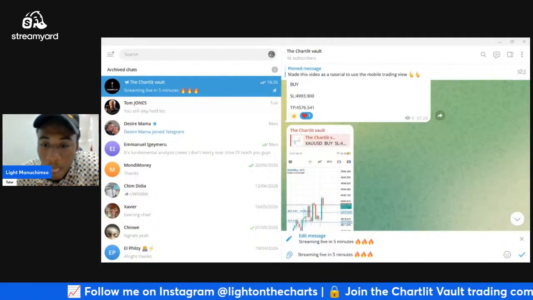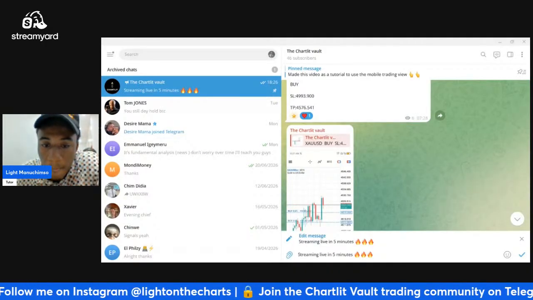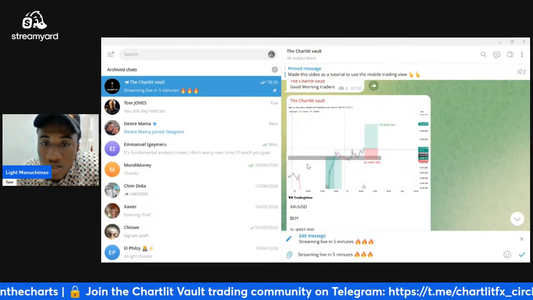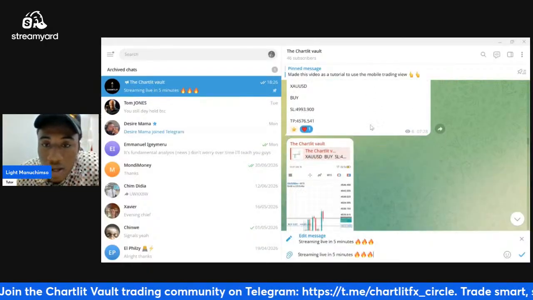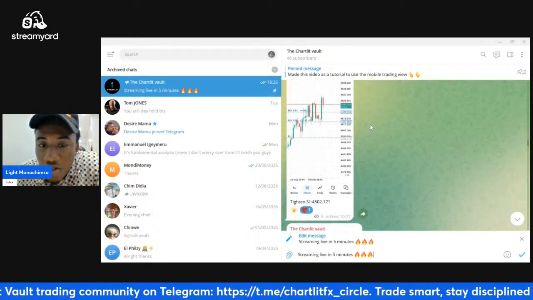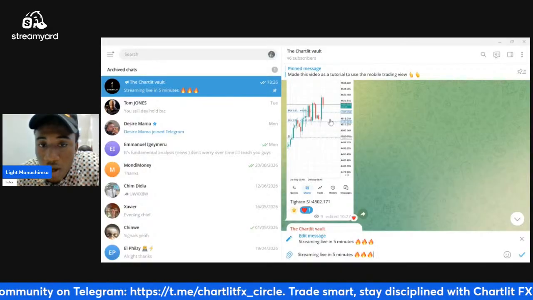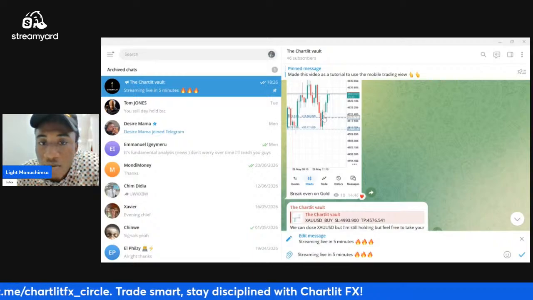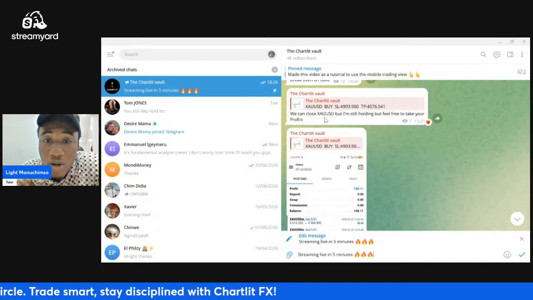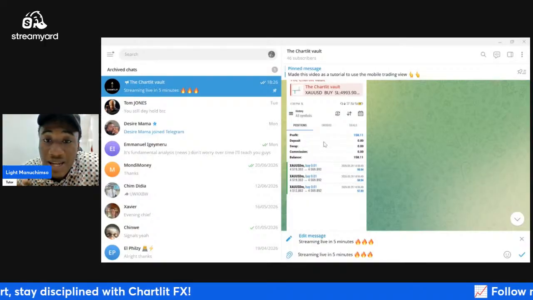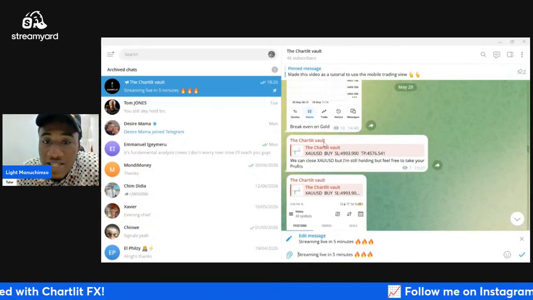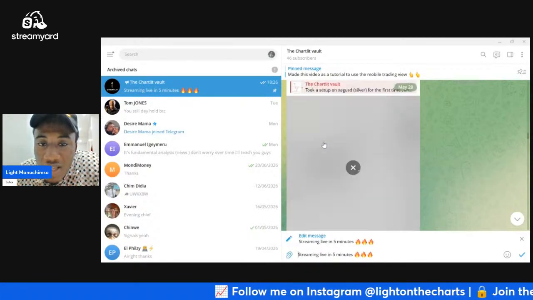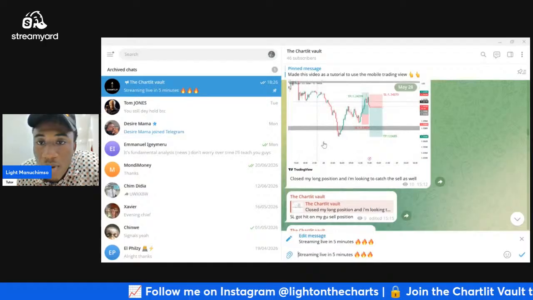Let me show you guys what I mean. Now I called gold for a buy right here. You can see buy, and later on I sent a screenshot to tighten stop loss, right now position for profit, and eventually I told everyone to break even, and I told everyone to close. And this was the result for that. So that's how I do trade management. Looking for one that actually hit our tightened stop loss, maybe hit our break even.